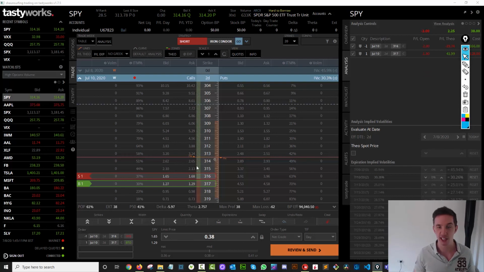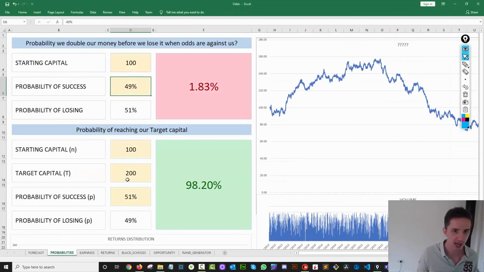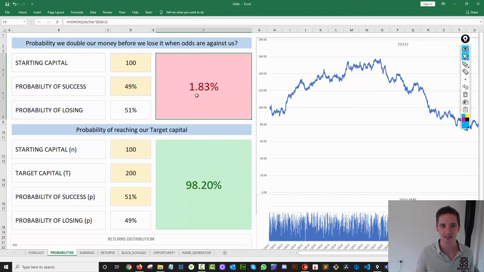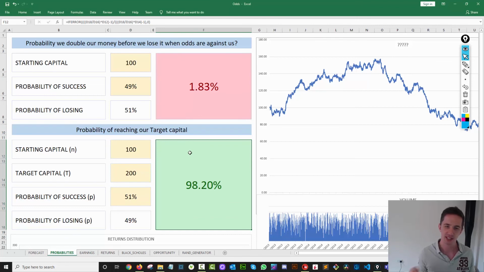My honest opinion is it does. And even if there's a 1% edge I can gain from that, it's worth it. And it's worth it because if we go back to our probabilities here, we know that it's night and day. The difference between having 1% against me and having 1% in my favor is night and day.